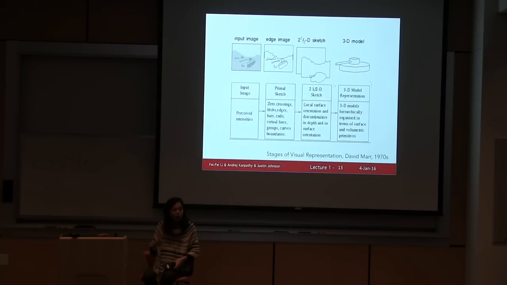It's really, really complex. So Hubel and Wiesel told us start simple. David Marr told us build a hierarchical model. Of course, David Marr didn't tell us to build it in a convolutional neural network, which we will cover for the rest of the quarter. But his idea is this: to represent or to think about an image, we think about it in several layers. The first one, he thinks we should think about the edge image, which clearly took inspiration from Hubel and Wiesel, and he personally called this the primal sketch.